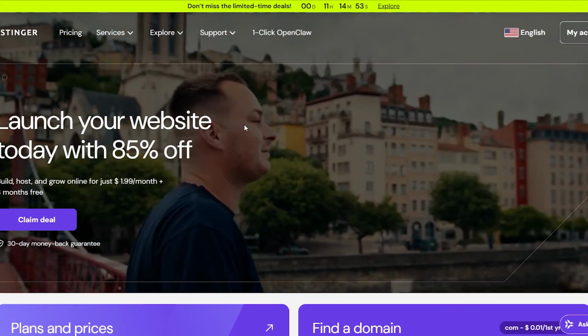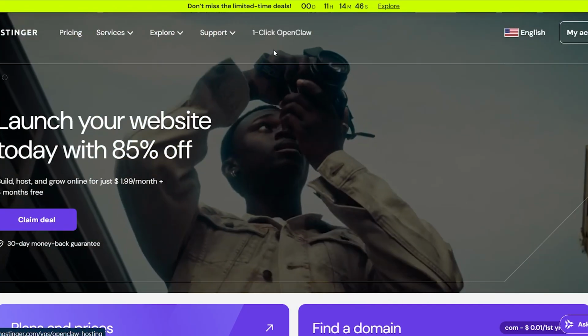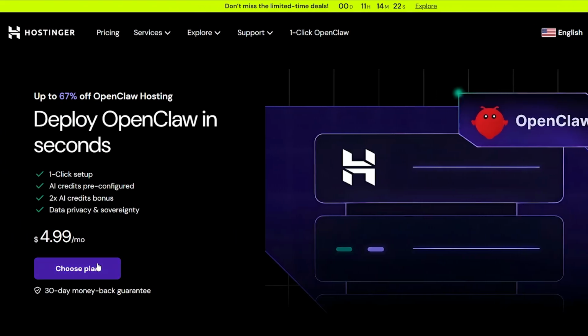All you need to do is come over to Hostinger, and then right at the center up top, it says one-click OpenClaw. So click over here, and then you have this deal where you can deploy OpenClaw within seconds using Hostinger VPS. In this case, you don't need to start downloading multiple things, buying several things, copying the OpenClaw link, installing it, and then getting API keys, which, if you are comfortable with, go ahead and do that. It's an option too. But for people who want a shorter, quicker process and nothing confusing,